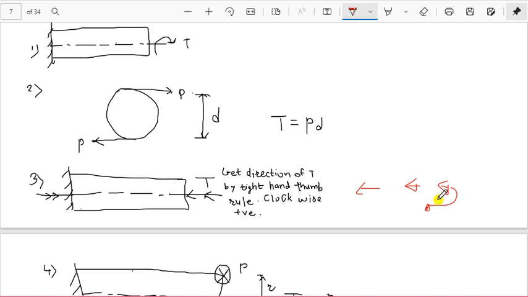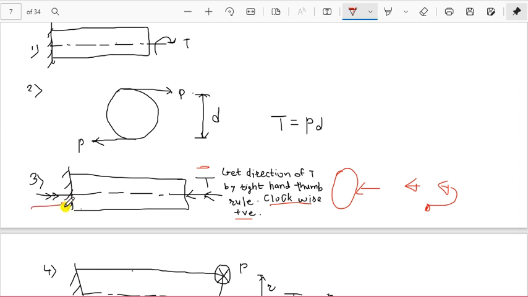If you are present here perpendicular to the screen, you should go and look from the view where the screen will be perpendicular to you, so that you will see a circular section of this shaft, and by keeping your thumb in the direction of the arrows, the remaining four fingers will give you the direction of torque, so that you can see in this figure here the torque is clockwise. Similarly, if you are looking from this side,